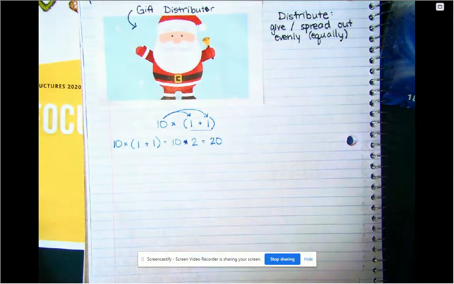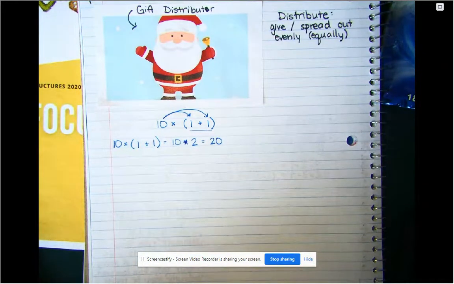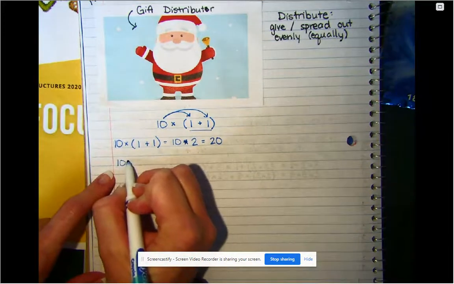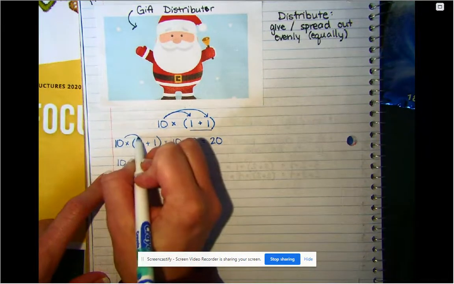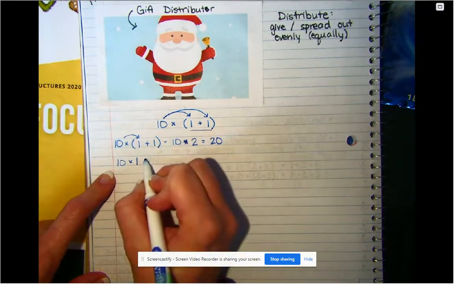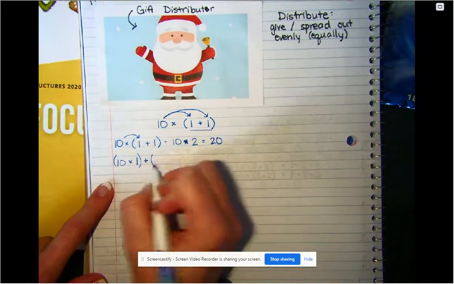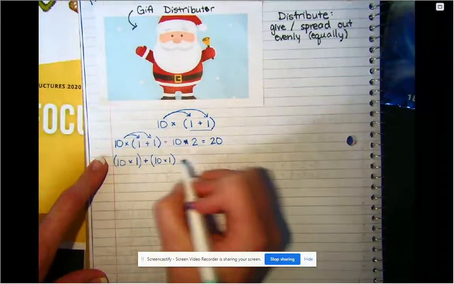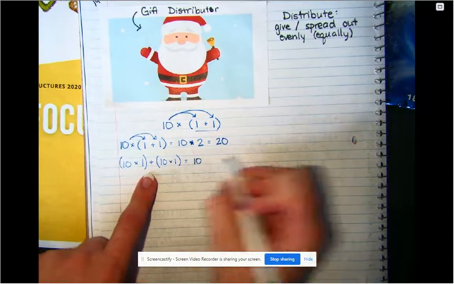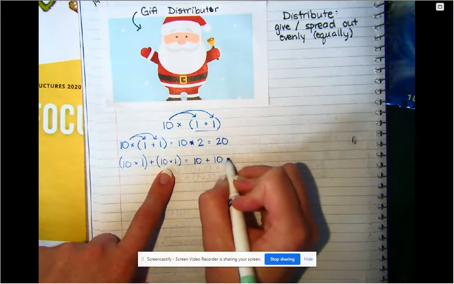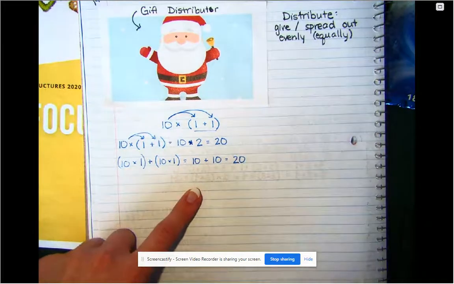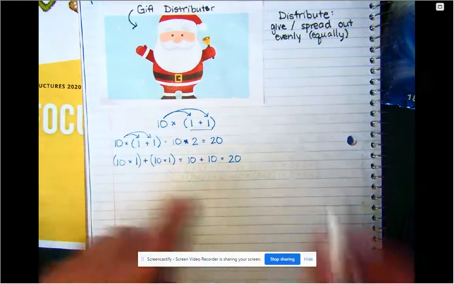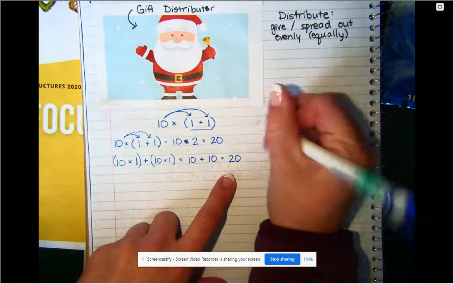Let's pretend for a moment that the 1 plus 1 is something we can't solve. Like, let's say there was a letter in there, and we needed to kind of break it up. What we could do is say, well, I can do 10 times 1 plus 10 times 1. 10 times 1 is 10 plus 10 times 1 is 10 equals 20. In other words, in order to get the same answer, we either have to,